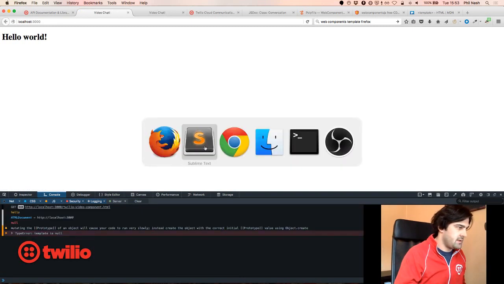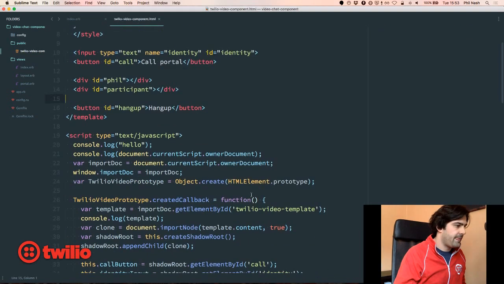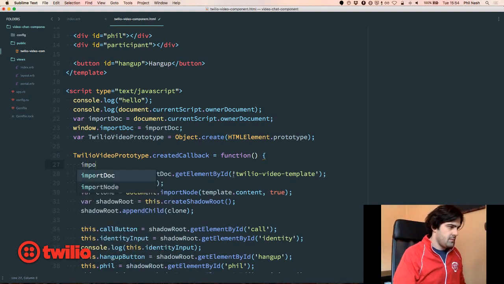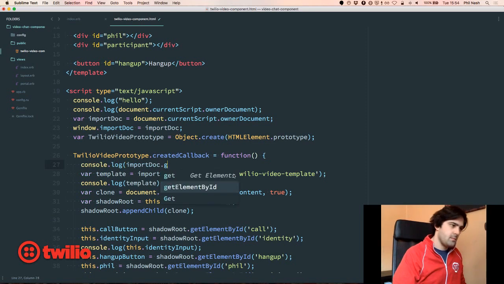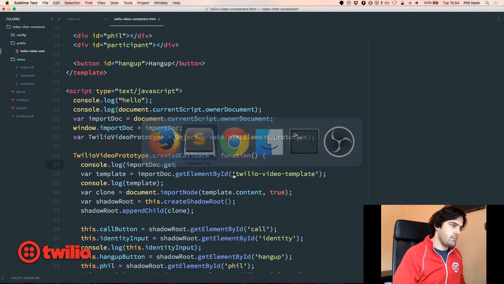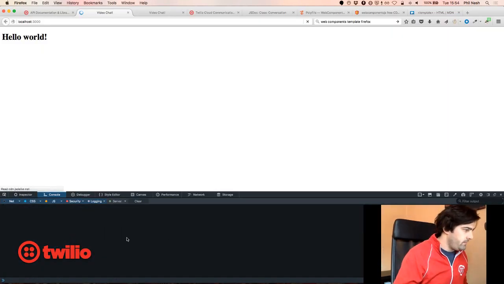Doesn't find things. We can try and get all of the elements out of it, but